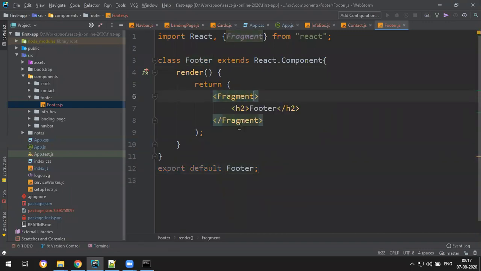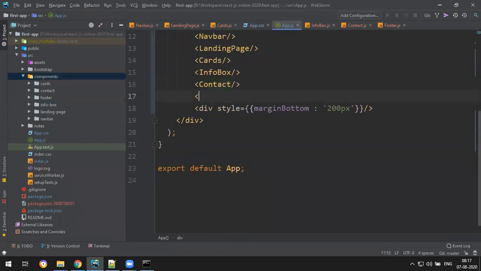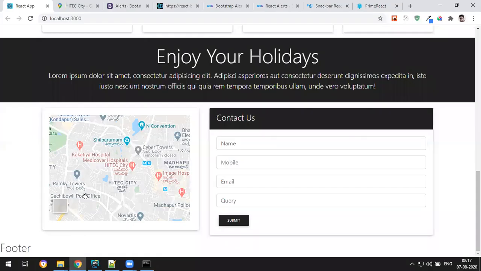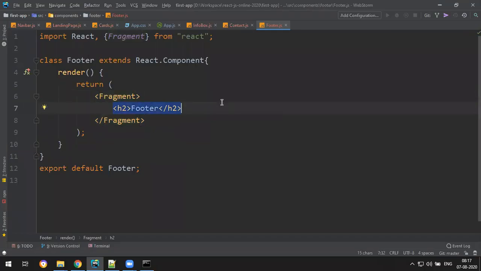Okay, let's add it to App.js below this, here, the footer. Then I don't need this. Just for our understanding we made it, but we don't want that now. Let's check. In the very bottom you get the footer. Yeah, let's convert this into a proper footer. Done with the application. So let's add a .p3, tab.